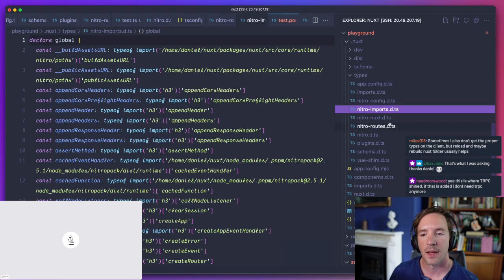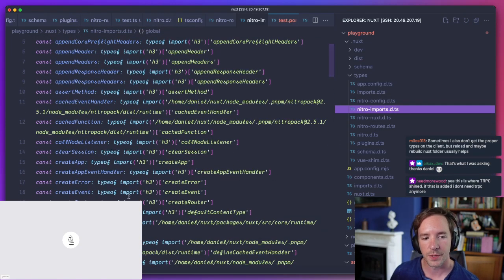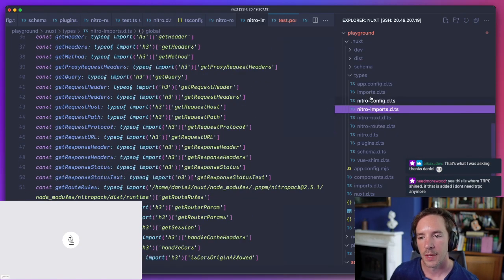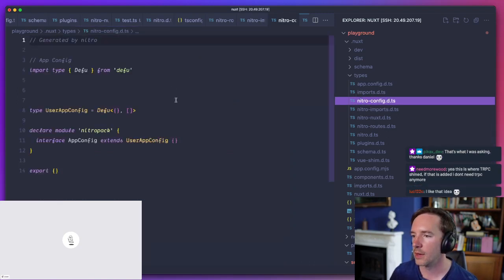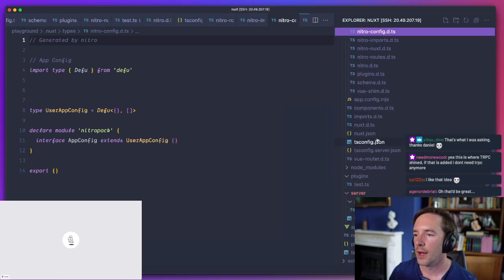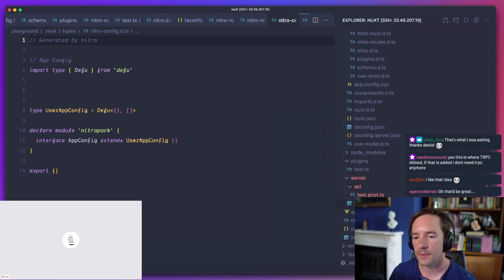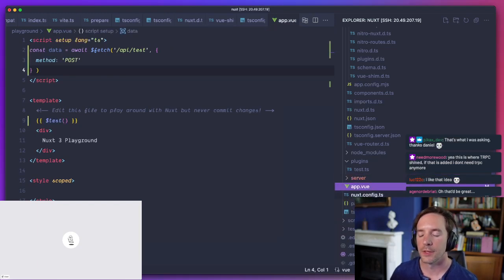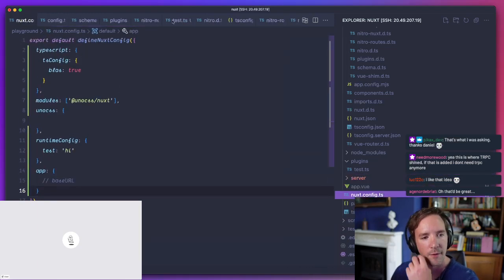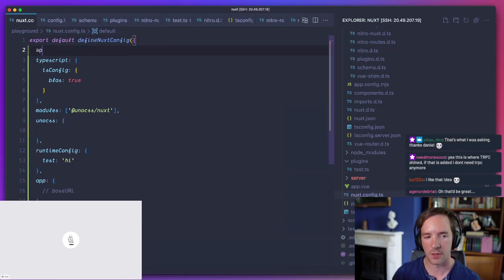And then these are some auto imports that are available within Nitro, and there's some configuration that's available within Nitro. We have something called app config, and so you can have various different pieces of configuration.